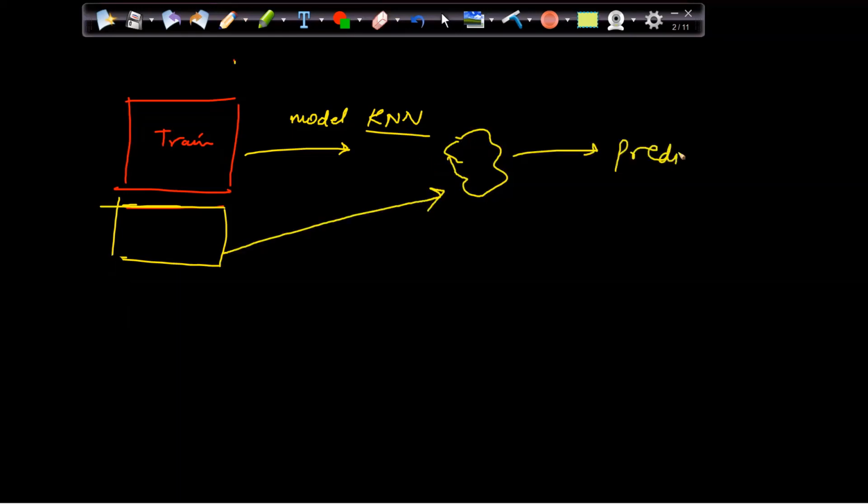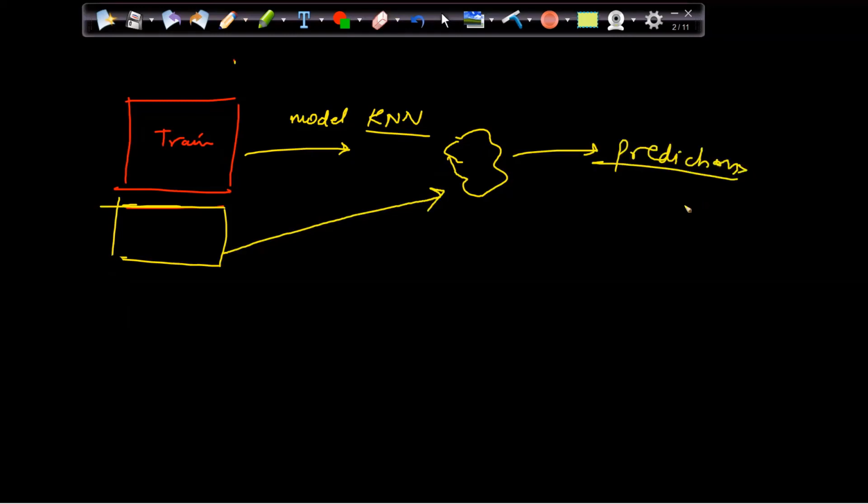And this is my, let me use a different color. This is my test data, right? Now what I will do is that from this trained data, we will create a model using obviously the k nearest neighbor algorithm, and then we are going to get the model. Basically we'll get the model, and from that model, let's say this is my model, this data I will pass here, and I will get some predictions, right?